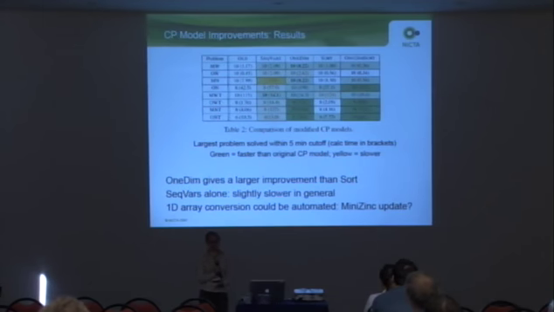So that's not any kind of really fundamental result, but it's something that maybe could be automated in a future update of MiniZinc. And it's something that may be worth considering when you're modelling a CP problem. Because if you're using a